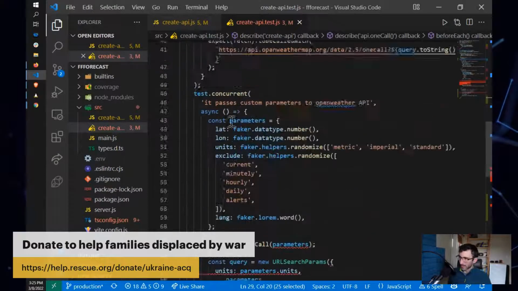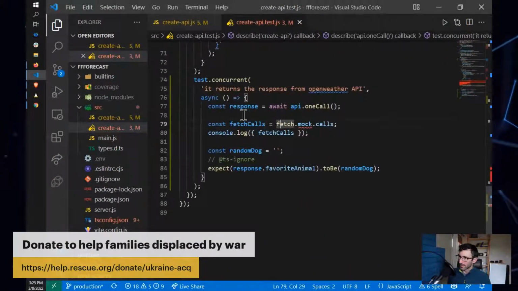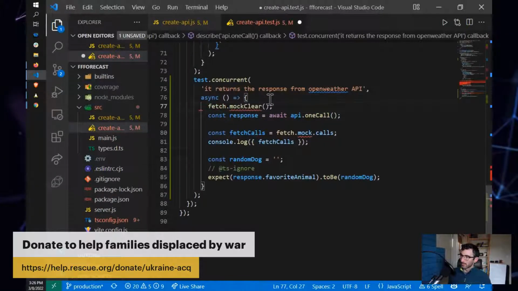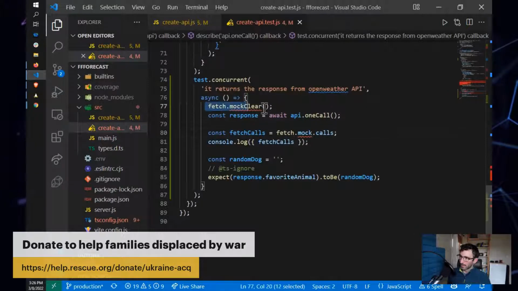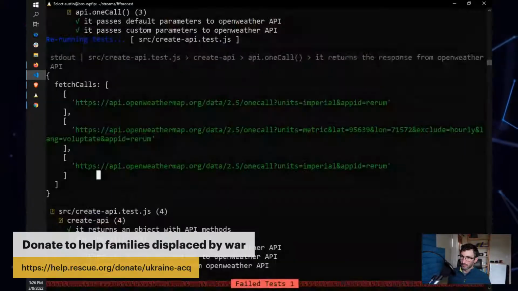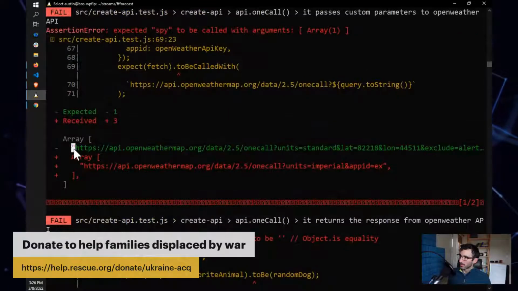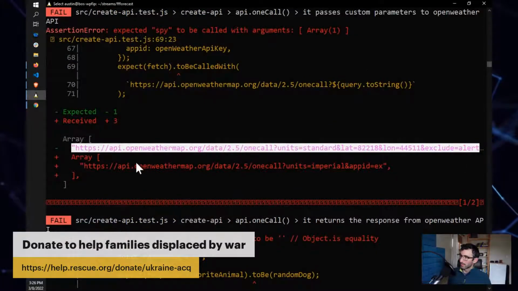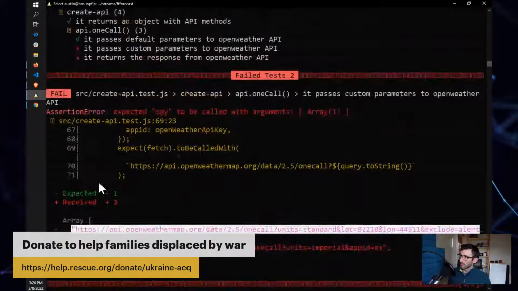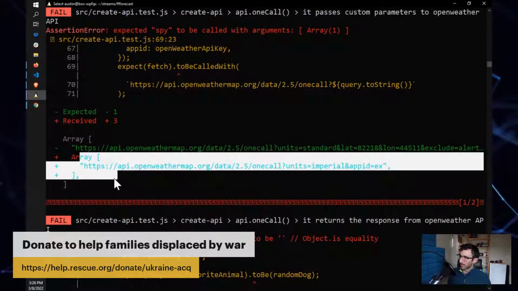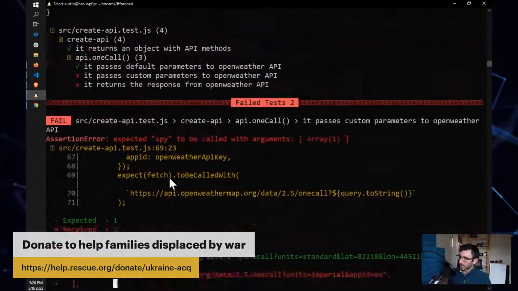The fetch is saying that it's been run 3 times despite me only calling it once here. So let's try this. If I clear the mock first and rerun it, now I actually do get just the one time that it was called